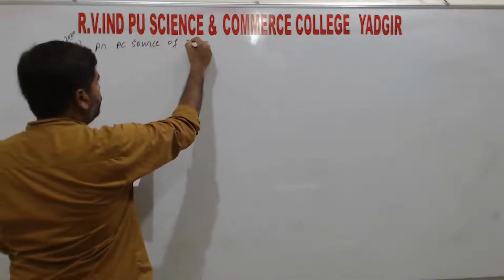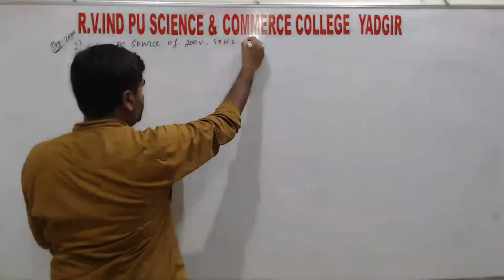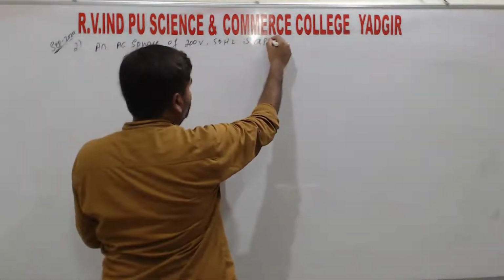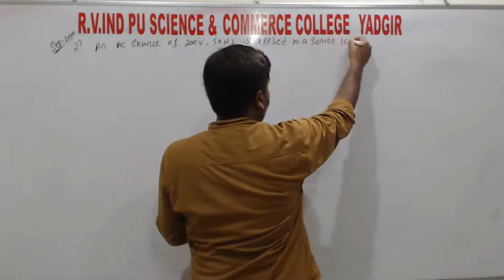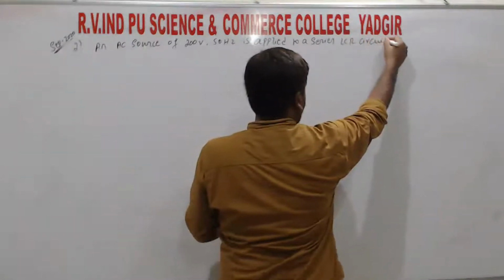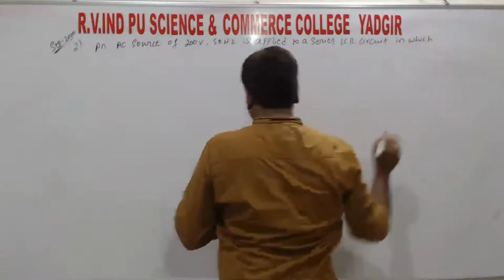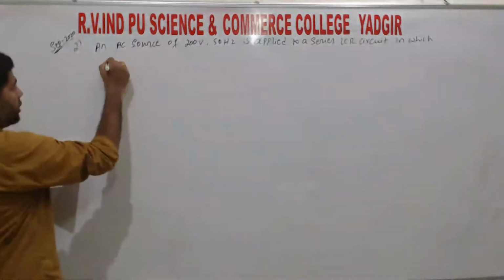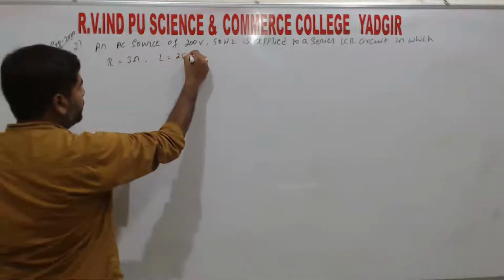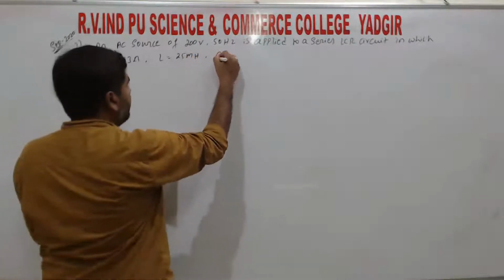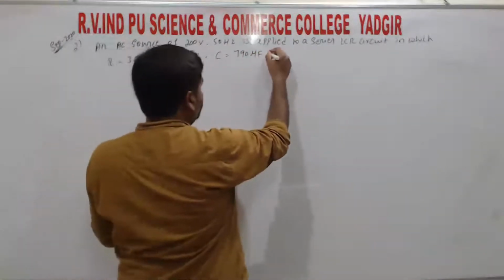of 200 volt 50 hertz is applied to a series LCR circuit in which R is equal to 3 ohm, L is equal to 25 millihenry, capacitance C is equal to 790 microfarad. Find